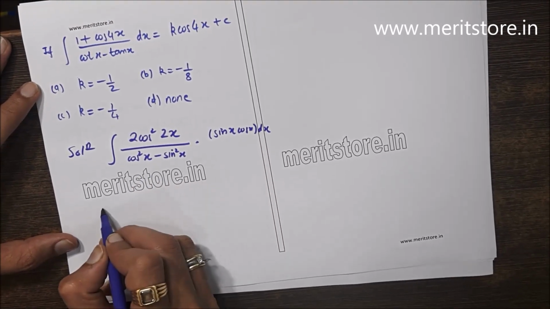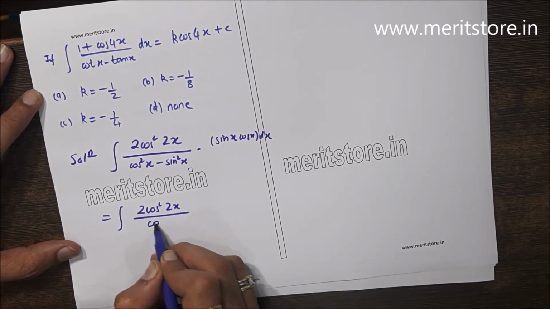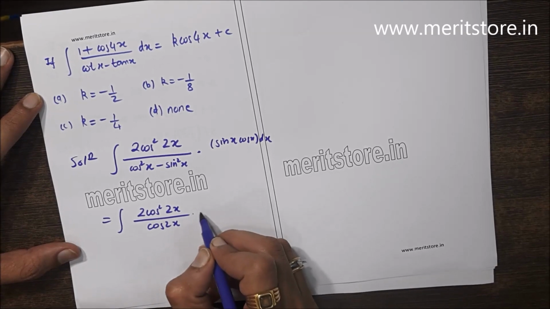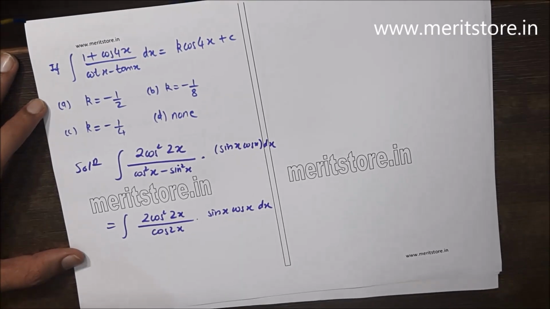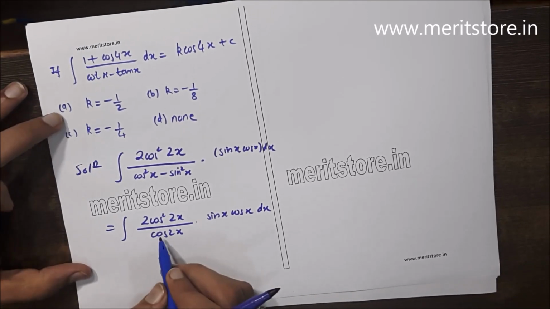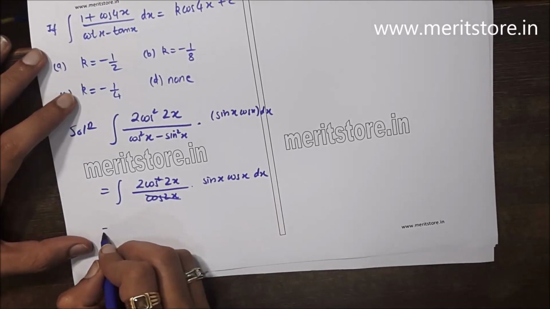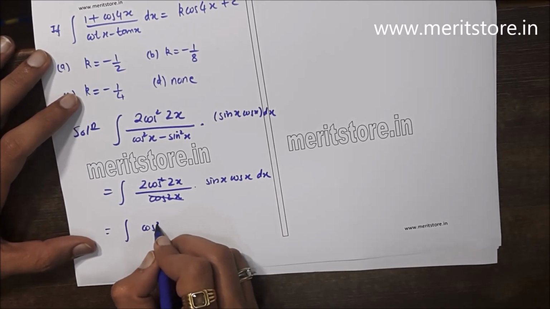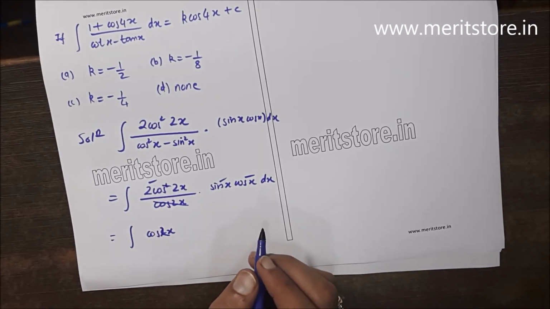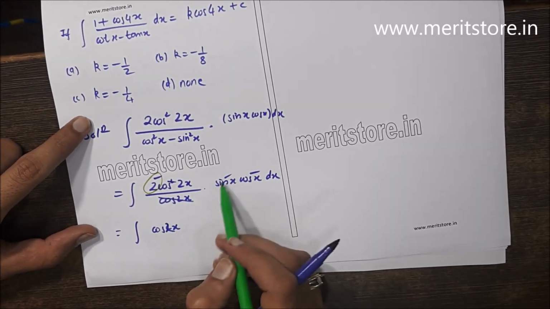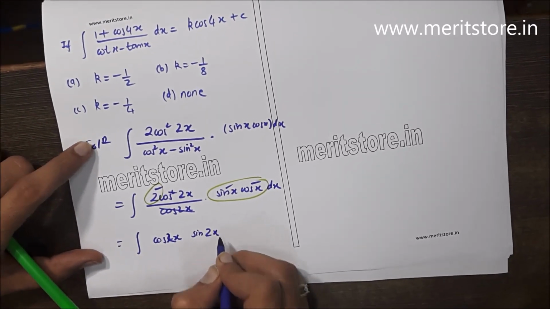Observe this, cos square x minus sin square x will turn out to be cos 2x into sin x cos x dx. One term goes off. What we have now is integral of cos 2x and 2 sin x cos x. This entire term will become sin 2x